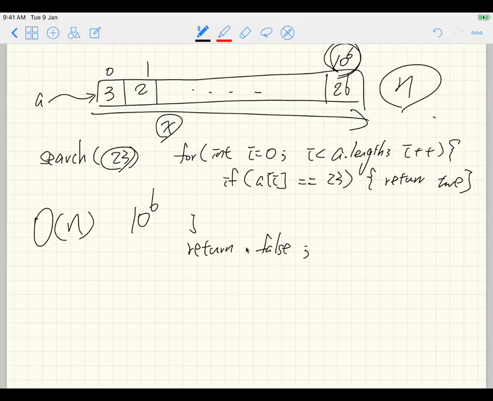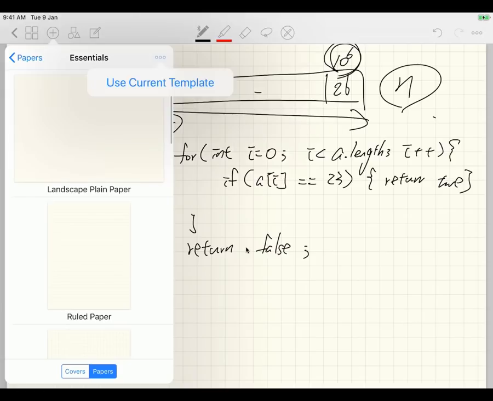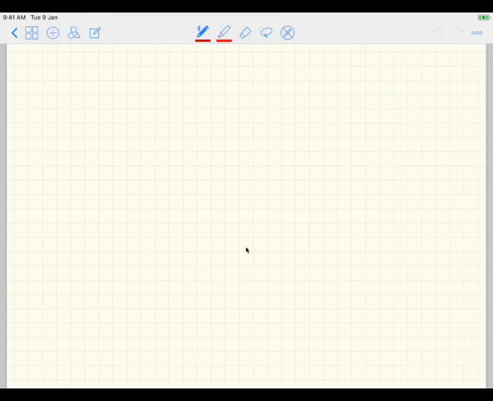Now, what if I tell you the following assumption you can make? Let's say the array is already sorted, let's say in increasing order. Let's also assume all the elements inside the array are unique. There's no duplicate. Now, let me go to another page over here. There is a very important assumption here. Let's assume the input array